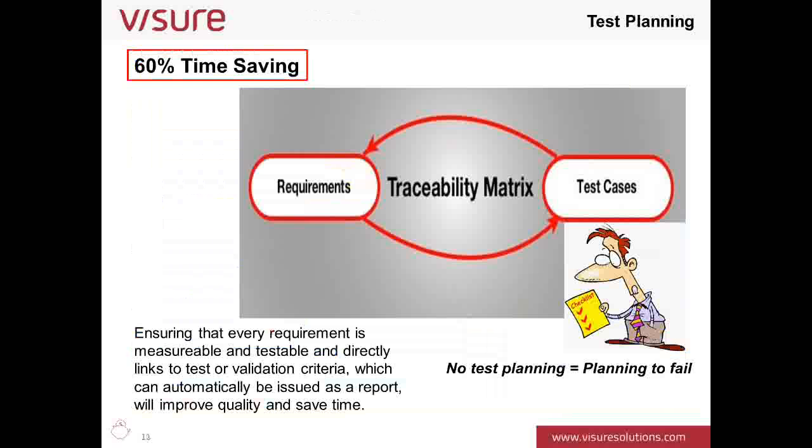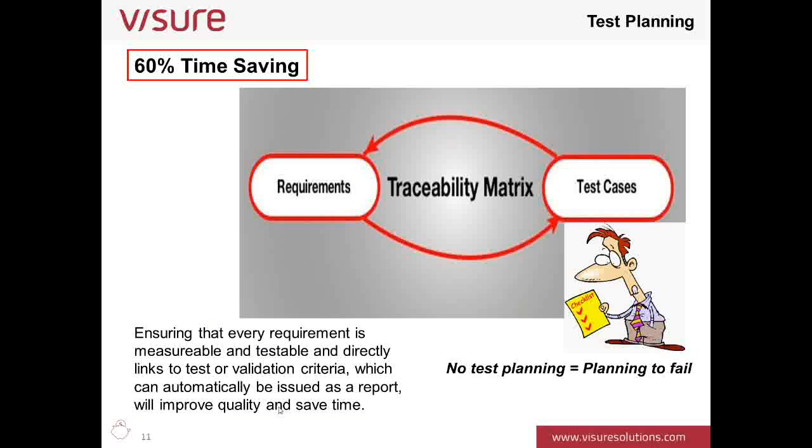So the next area to look at is test planning. And in test planning, we've identified savings up to 60% in linking requirements with test cases. So ensuring that every requirement is measurable and testable and directly links to a test or validation criteria which can automatically be issued as a report will improve quality and save time. And this for me is a very important aspect,